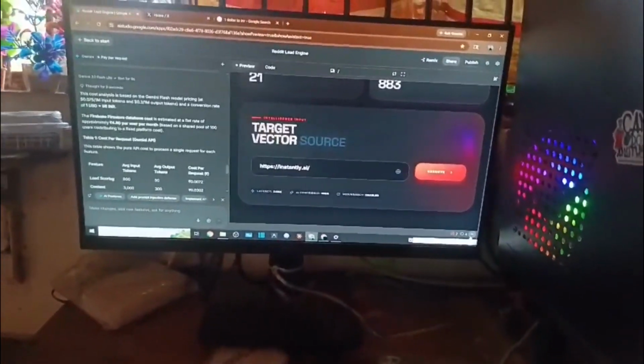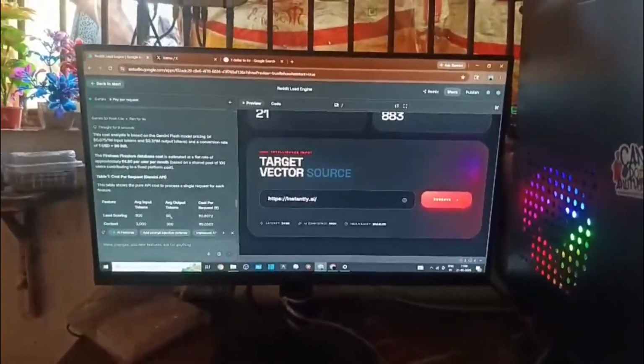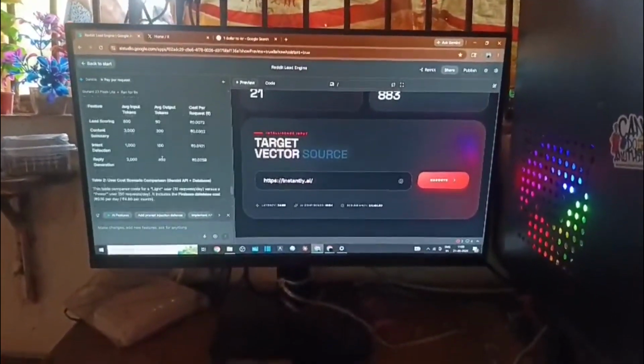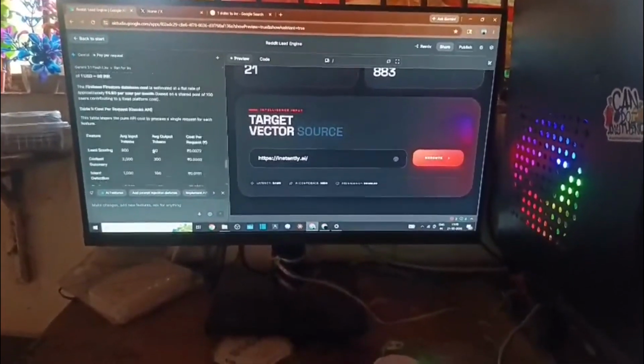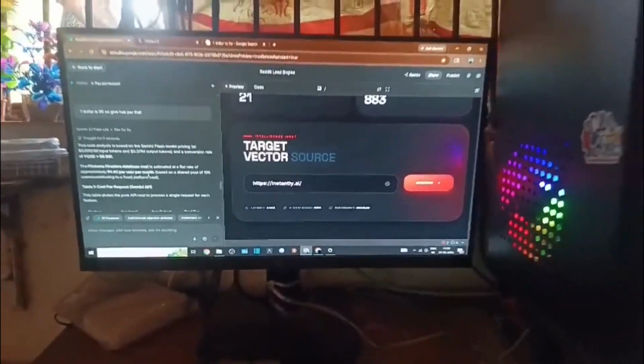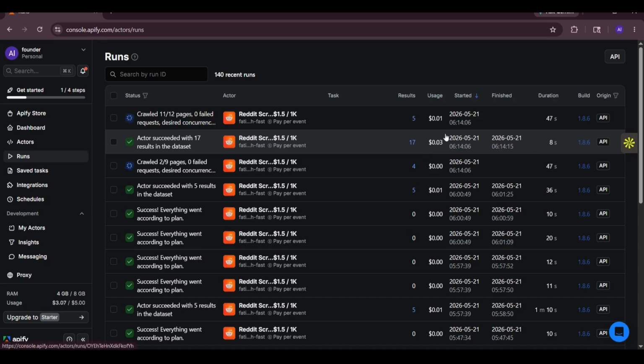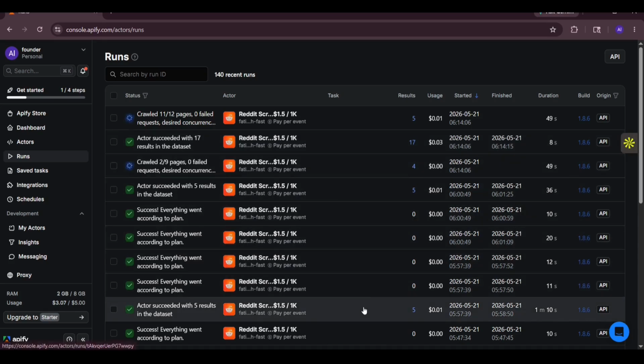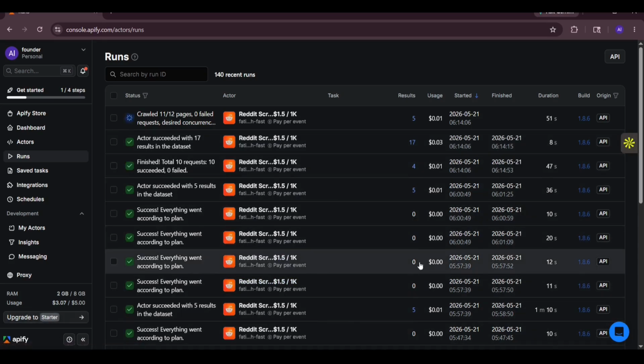You can also see the cost showing from the Gemini 1.5 version. So let's see if it's able to work or not. We open Amplify again and see how the lead is working. So you can see that